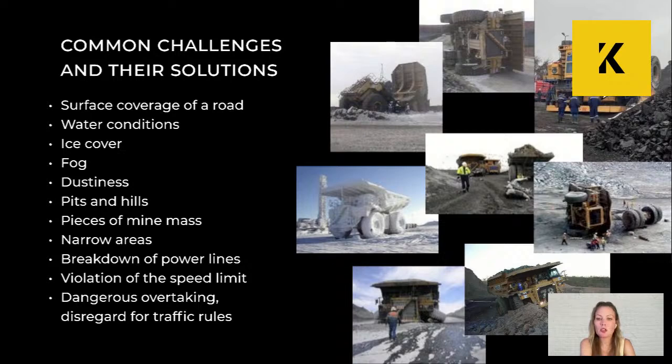In such cases, we need to widen the road by moving the side, or if that's not possible, ensure safe travel conditions with traffic control signs and priority passage rules. Sagging high voltage power cable is another hazard. They can be caught by the rock mass on passing vehicles, leading to wire breaks. Regular monitoring of overhead line support and clearances is necessary, and in the event of a break, notify the shift engineer and avoid the area until it's made safe with specialized equipment.